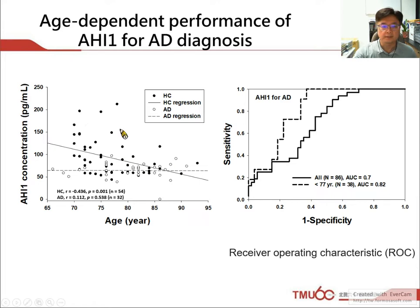So then we checked the concentration of AHI1 against age and found that for healthy controls, you can see the concentration of AHI1 decreased with age, but the concentration in Alzheimer's disease patients stays about the same. So it seems likely it's a better marker in the early stage of the disease. So indeed, when we look at the ROC analysis, we found the area under the curve increased to about